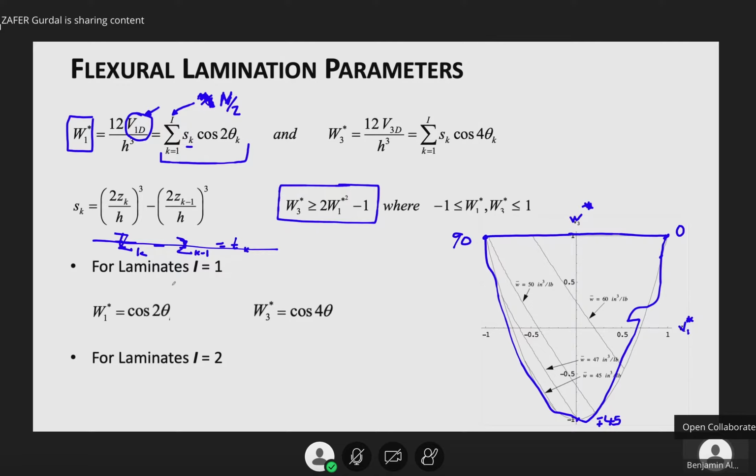So this is the case when I equals 1, where W1 star is cosine 2 theta and W3 star is cosine 4 theta. And that's this boundary here. Into this, we actually also include the 0, say N1, and then the 90 N2